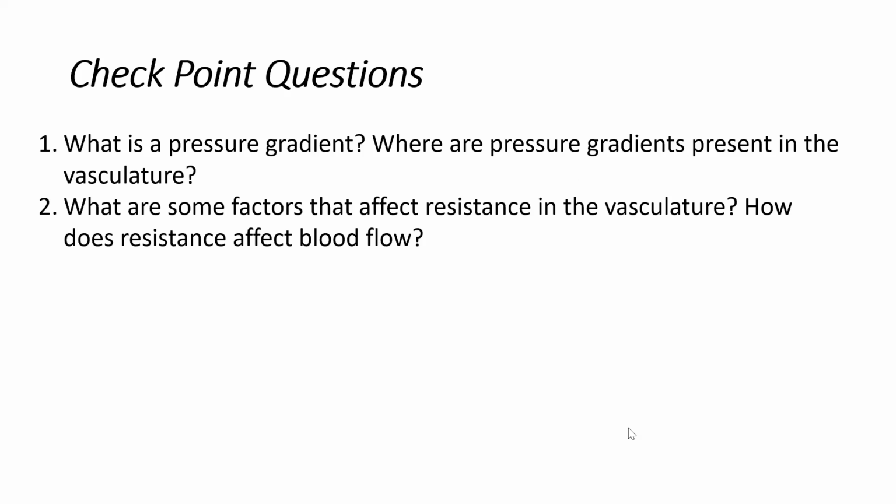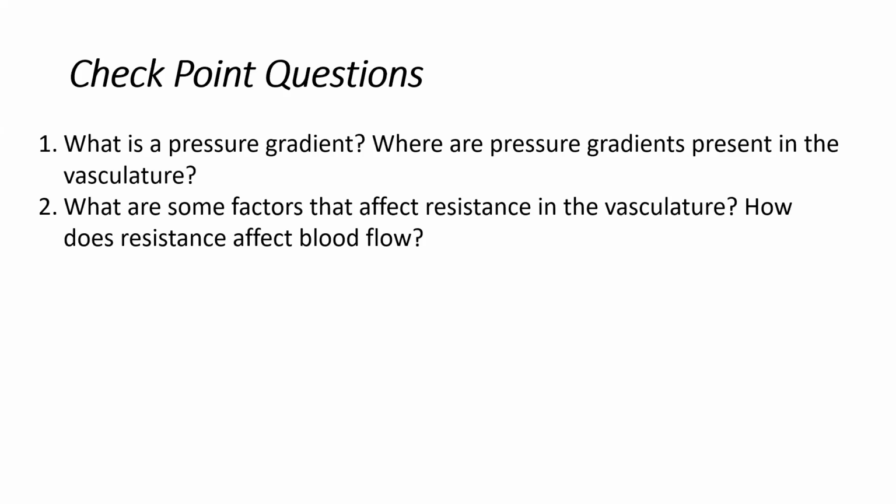So I'm seeing systemic and pulmonary. So that's absolutely correct. So the systemic pressure gradient we said was much larger. There's a larger pressure differential. There's a larger driving force in the systemic circulation. And then we've also got a pulmonary pressure gradient, which is a smaller drop off, right? Because it's a shorter ways to go and there's less pressure in the pulmonary circulation as well. So those are the two pressure gradients that we see throughout our vasculature, the systemic and the pulmonary, one much